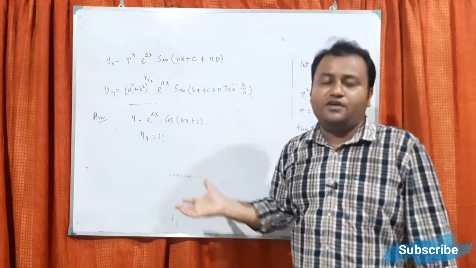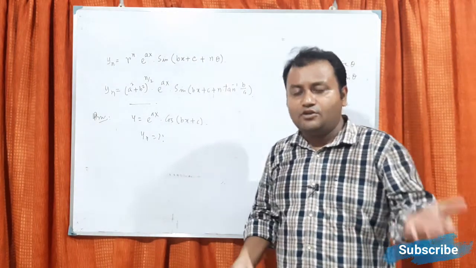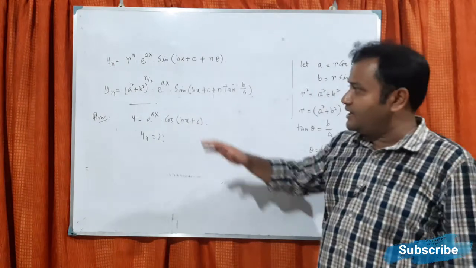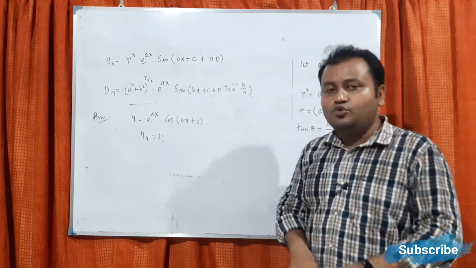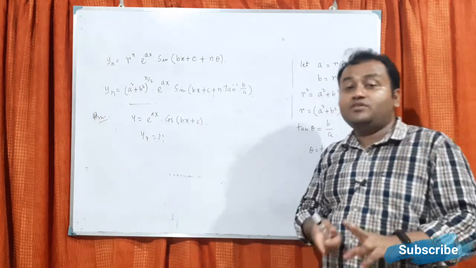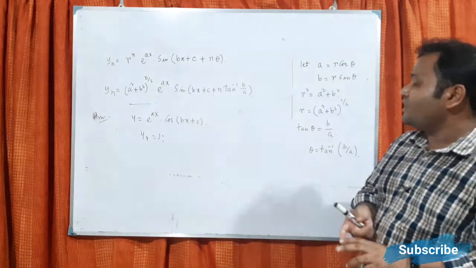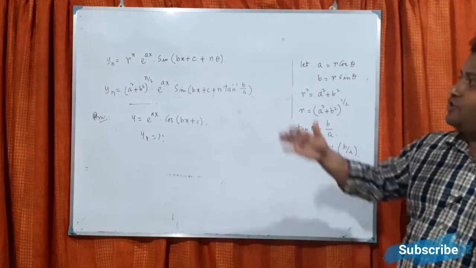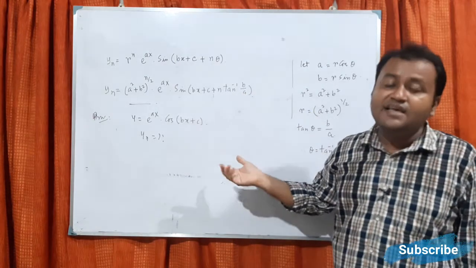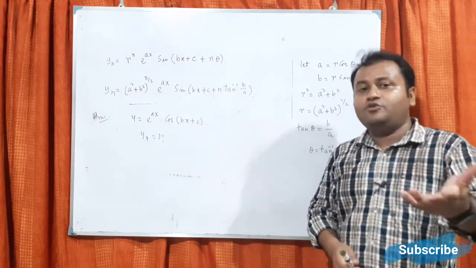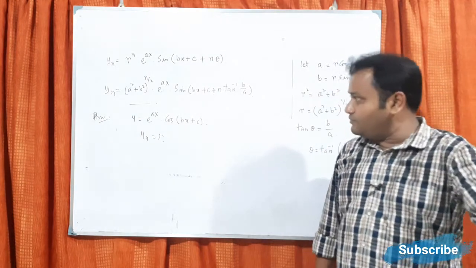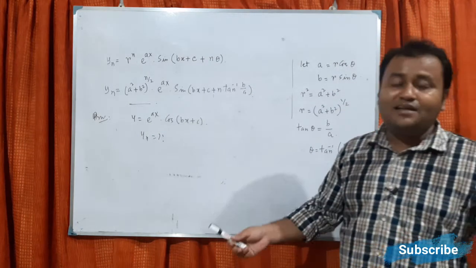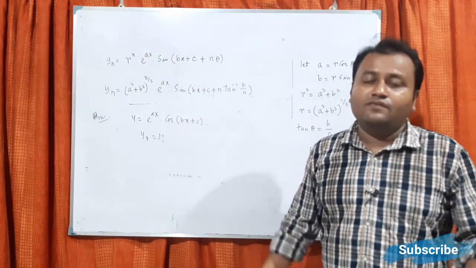Okay, so that's all for today's class. What we have discussed, you please follow the previous class, then only you can understand the legacy of this class. So we tried to discuss two very special types of problems, which are trigonometric problems, and this problem we tried to solve for the sine case, and the remaining one, the cosine case, we have given you to practice. If you are unable to do the remaining problem or unable to understand this problem, feel free to write to me anytime. Thank you very much.